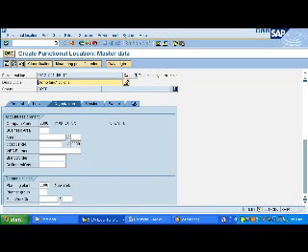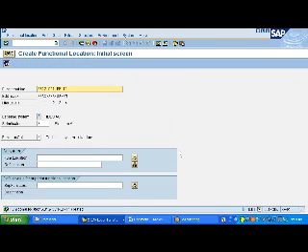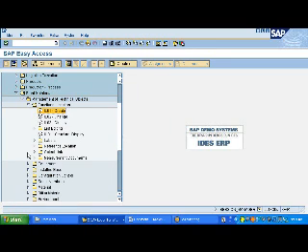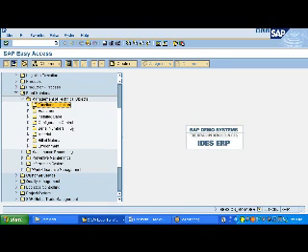We don't know other information. Go ahead and save it. So it's saved. Your function location is saved. Okay. Then go back, and now